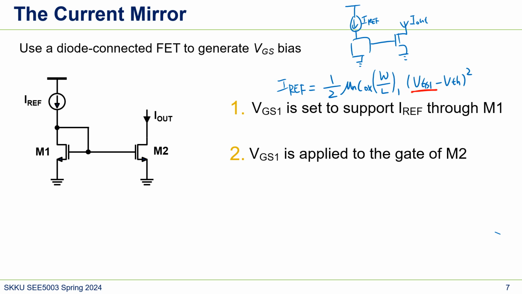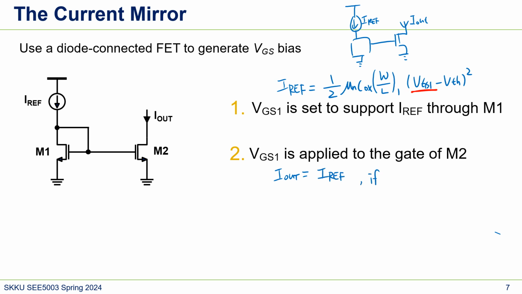And that VGS1 is set by this IREF. So we made this voltage, and then this voltage goes to here. So VGS1 is applied to the gate of M2. If we assume that M2 also has the same W/L, then I out will be the same as I ref